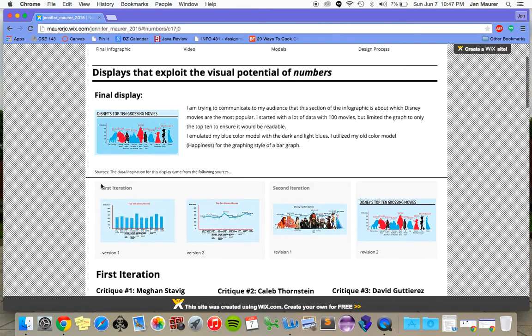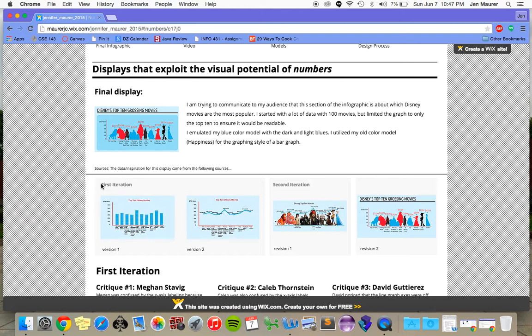Basically, what I ended up doing was displaying Disney's top 10 grossing movies. I found this information online of a big data set of the top 100 movies and how much money they made. Originally, I had really simple graphs. This was one of the first ones we made, so it started out as a struggle, but I think I